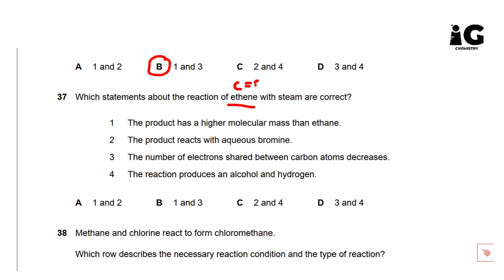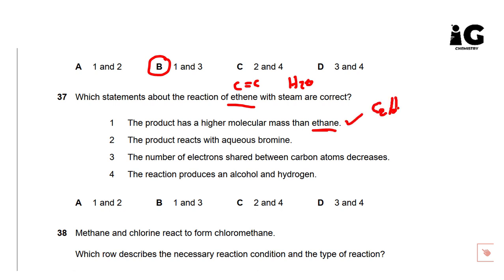With steam, H2O, this is water. The process is called hydration. This is an addition reaction because the ethene is unsaturated. So the product has a higher molecular mass than ethene. Of course this is correct, because in ethane we have